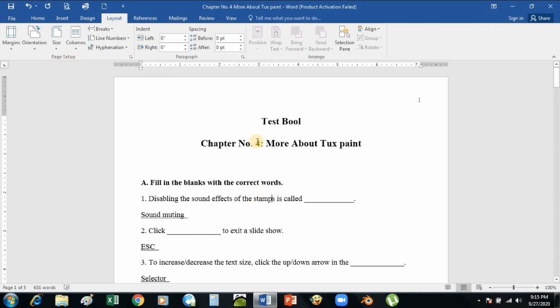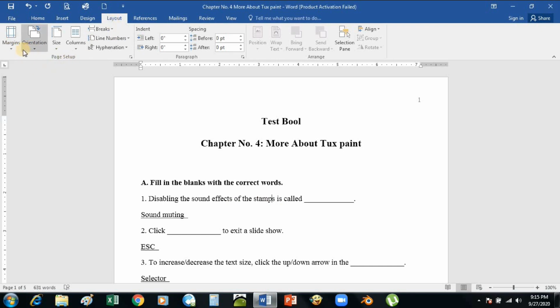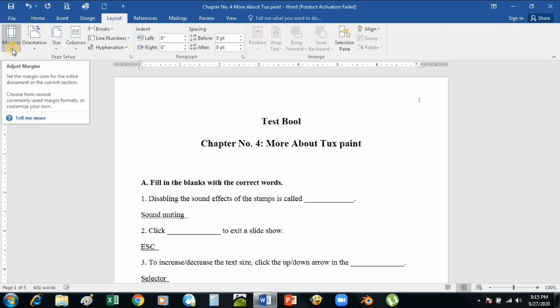First of all, as I told you, you have to type some data, then you can apply these things. We will learn changing of margins. The margin option is in the page setup group of options. You have to click on margins.